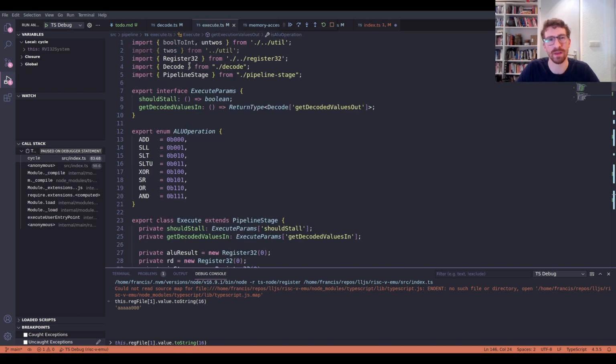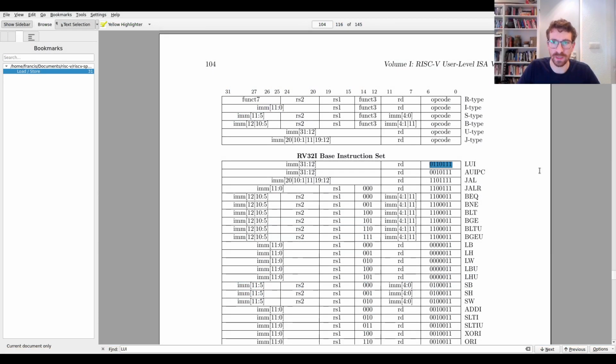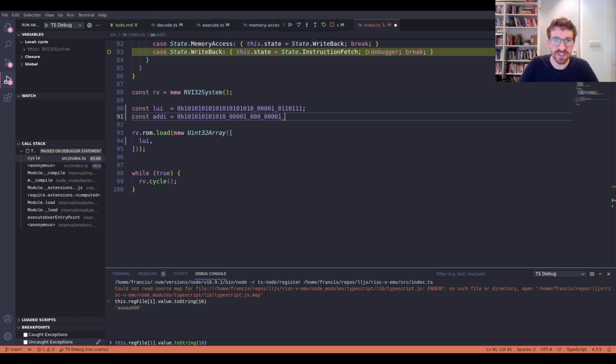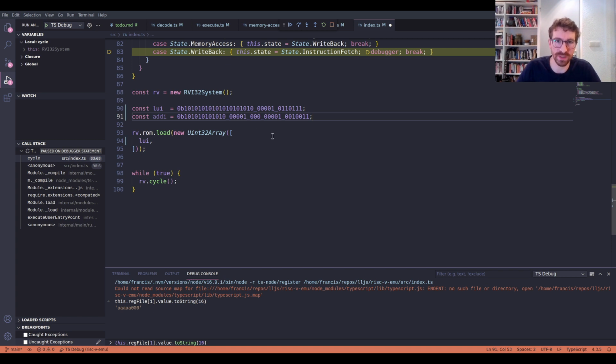No, that's too much work for now. I'm just going to grab it. It happens to be 0. That makes things easier. 0, 0, 0, and then destination 5 and opcode. Should have looked at that. I'll grab it from the spec. Why not? So this is just to check, hey, can we actually load 32-bit immediates? And obviously we know that we can, but